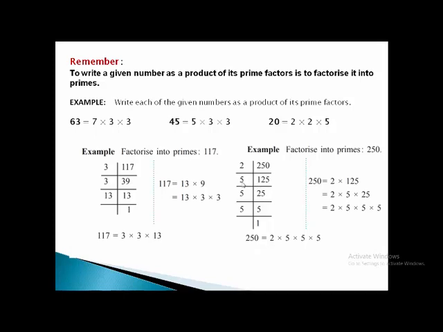If you divide by 5, you get 25. Again 25 is divisible by 5. So again divide by 5 and at the end you get only 5. And 5 is a prime number. So if you see all the factors, these are all prime numbers. And that's why we get all the prime factors of this number 250. This is the horizontal arrangement of these factors.